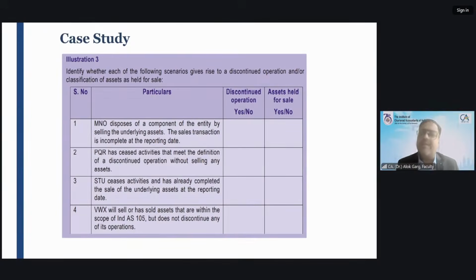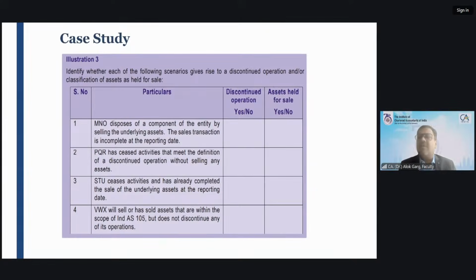Remember, I have given one example of the sale of the coaching institute. For example, you are operating in India, and you are selling your business in India. So basically, you are shutting down your business in India. You have only one factory, and you are shutting down that factory. And you have another factory in, let's say, Singapore. So first of all, if you want to shut down your business, is it a discontinued operation?